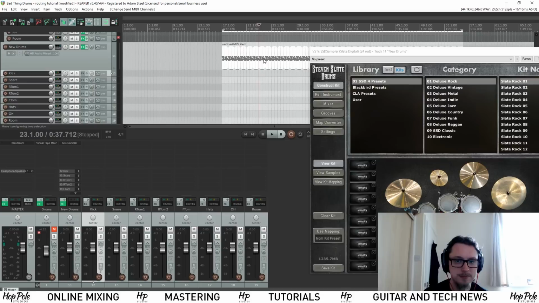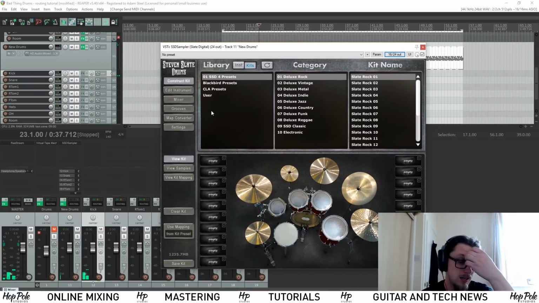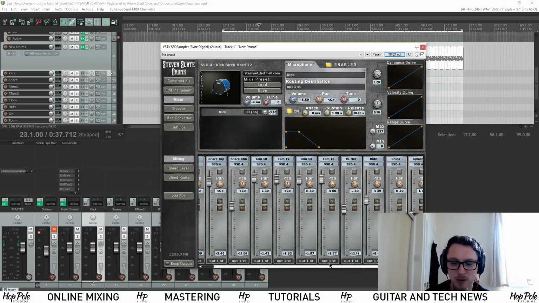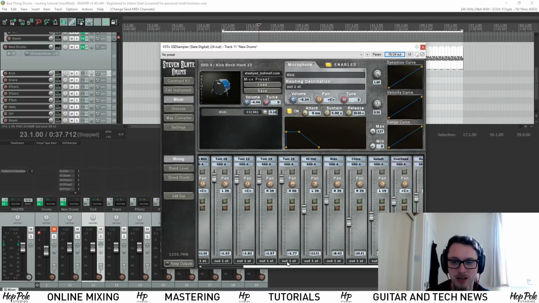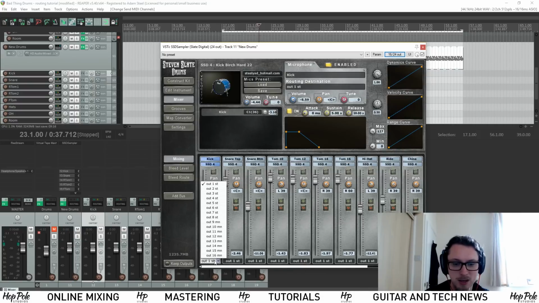So the next step is we bring Slate Drums back into the mix, and we go into the mixer window. So Slate Drums has its own output, and you see at the bottom here, every channel is told by default to go out of out 1 stereo. So what we want to do is, these are going to be named slightly differently to the ones that are in